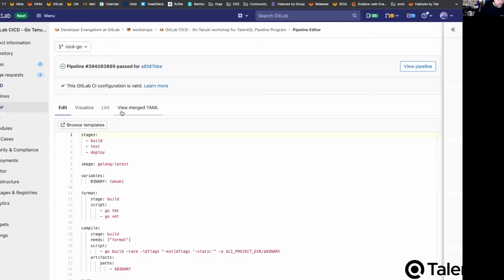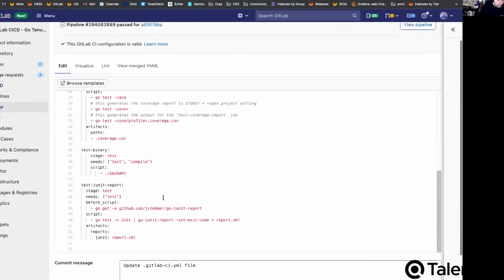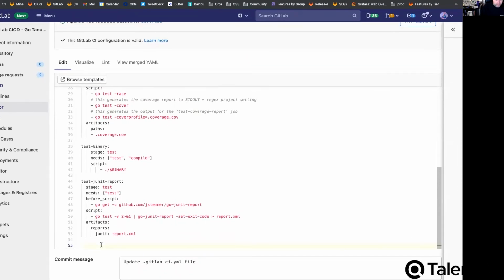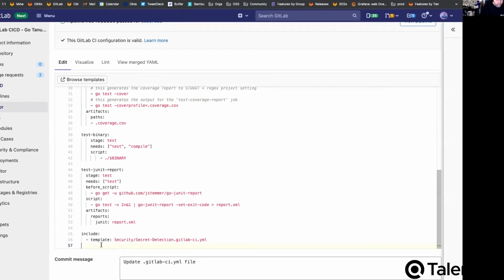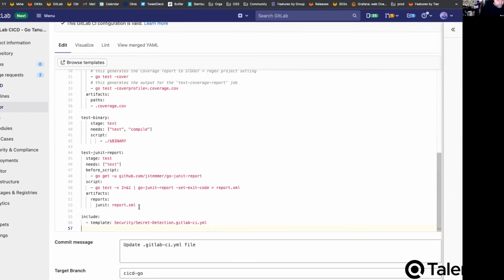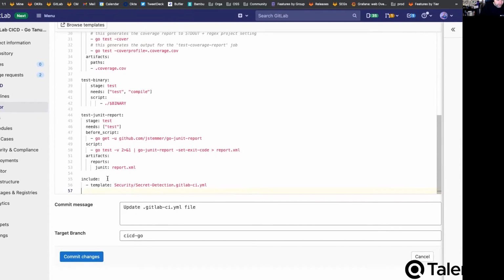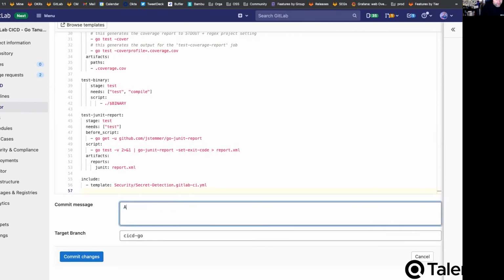We navigate back into the CI/CD Go branch, and at the bottom, we can also move it to the top, but just for including this over here, we also want to add secret detection. We change the commit message and